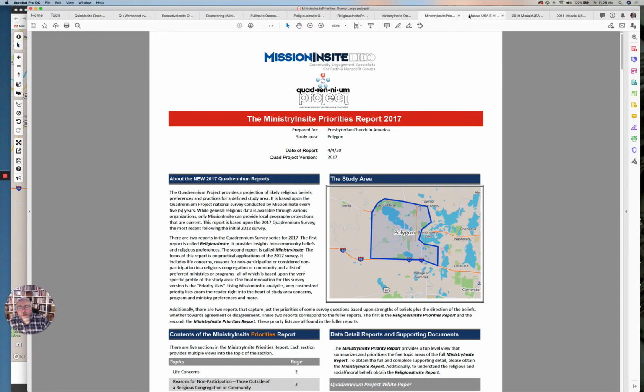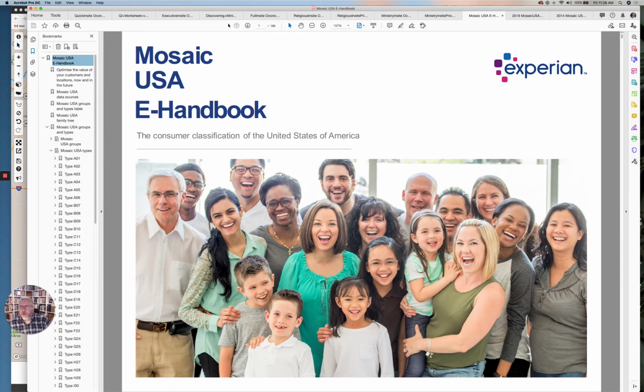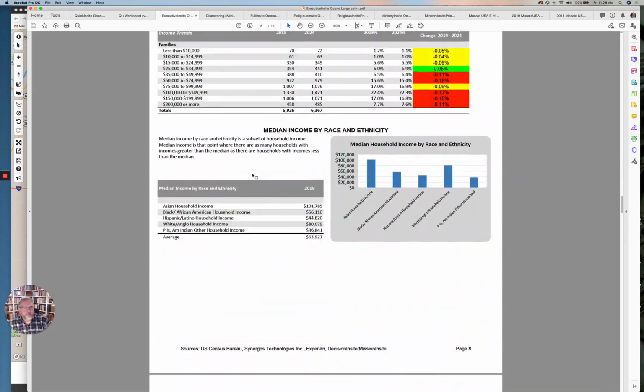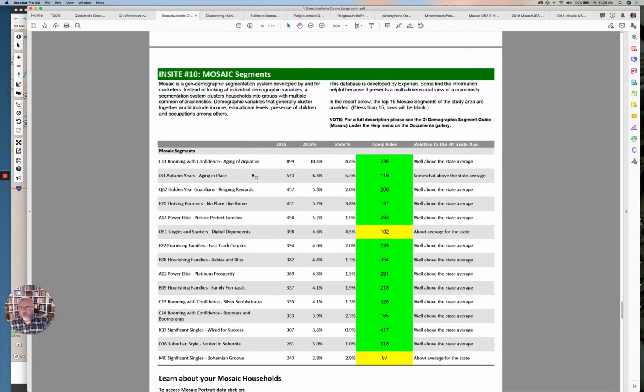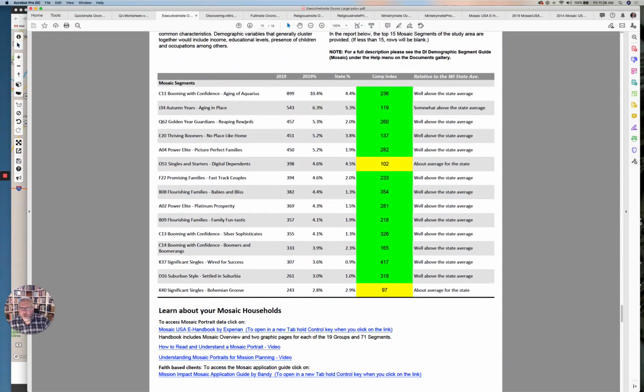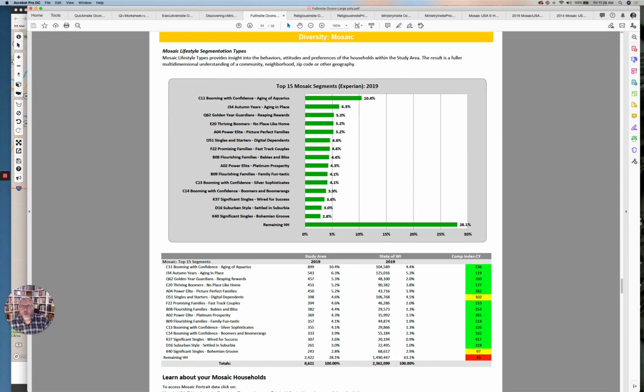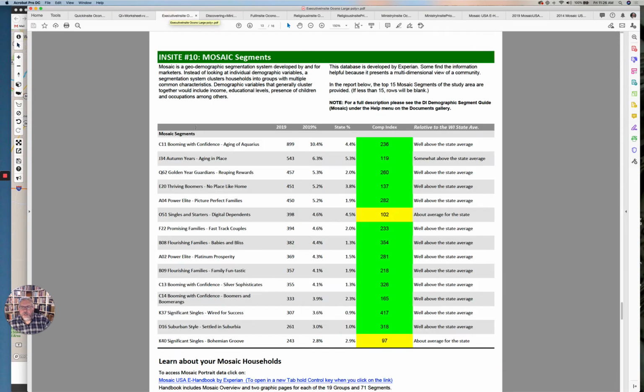So we've been talking about the Experian component. That is the handbook that comes here. When we were looking at the executive part, scroll down and we see here. So what are we seeing in the executive? Let me look at that one, and likewise I'm going to switch over here. So in both of these, you're going to see Booming with Confidence, Age of Aquarius, and a lot of these first 4 are going to be more of the boomer